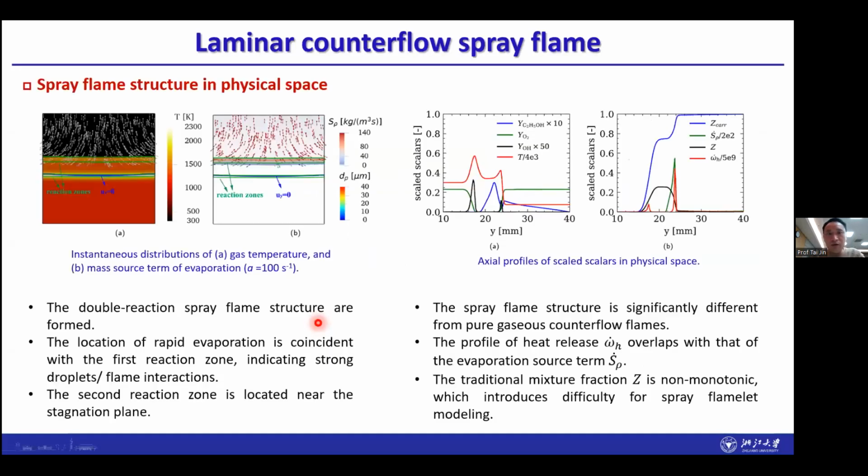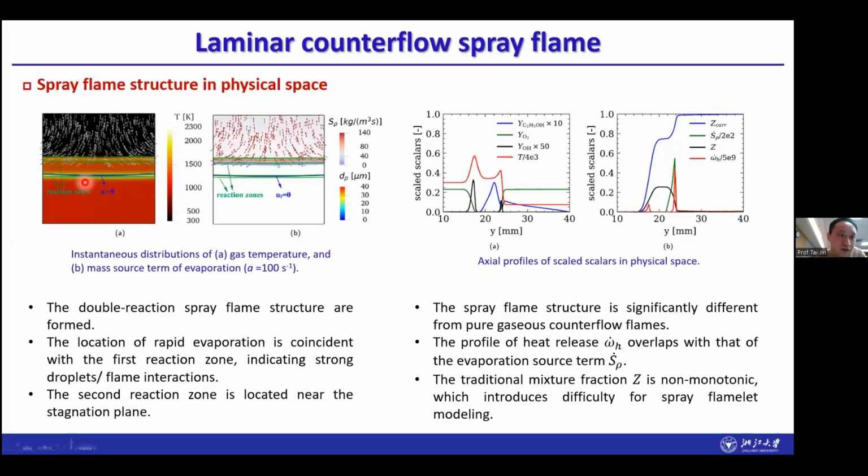for using gaseous flamelet tabulation to simulate this spray flame. So next we'll go back to the laminar counterflow spray flame. We all know that the flamelet calculation is based on the laminar counterflow flame. So we go back and analyze the spray structure for the counterflow spray flame. First, we look at the spray flame structure in physical space, and here with two reaction zones,